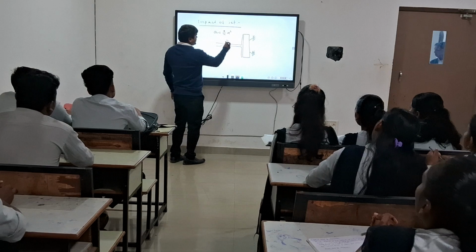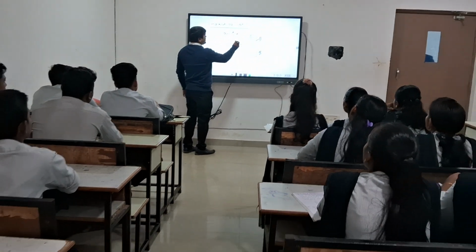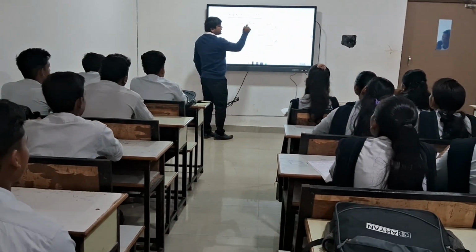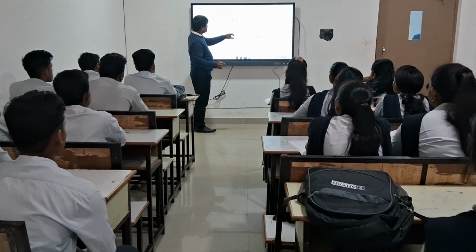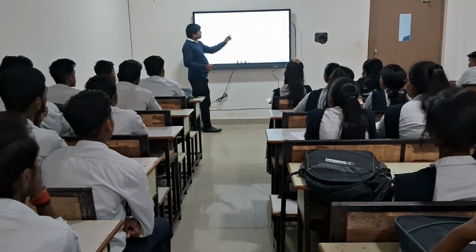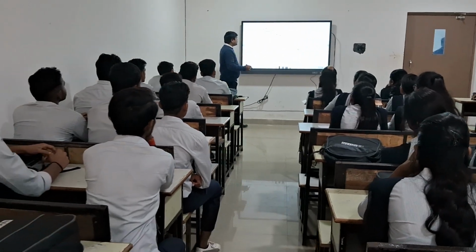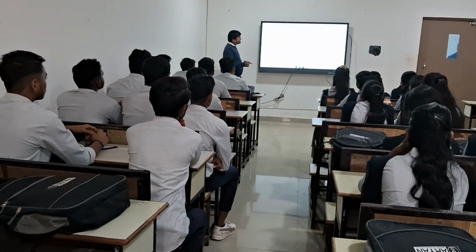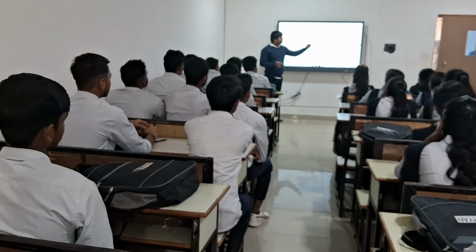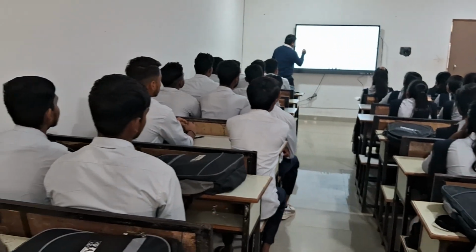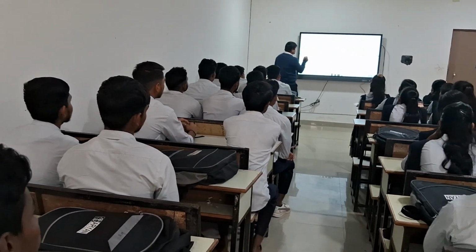So let's say the area of the jet is a, small a, which is pi by 4 d square. d is the diameter of the jet. The initial velocity with which the jet strikes the vertical plane is v. So we will calculate the force exerted by the jet on the plane. So what is the force from Newton's law?